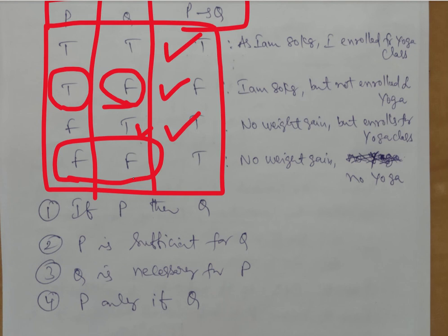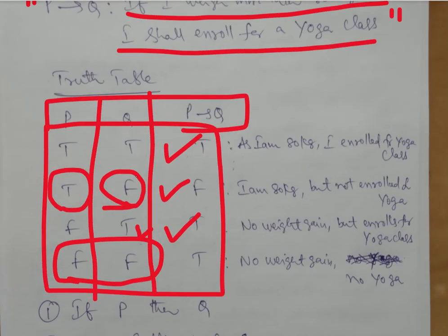So 80 kg is also not reached, and they have also not gone for yoga. So it is also true. It is also fine, because you have not reached 80, so you are not going for yoga. So that is also well in line with the condition. So this is how the true statement can be given. So that is how the meaning works here.